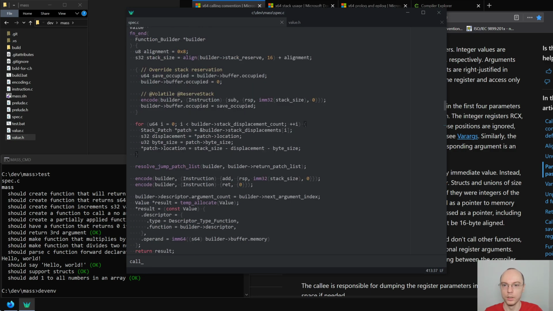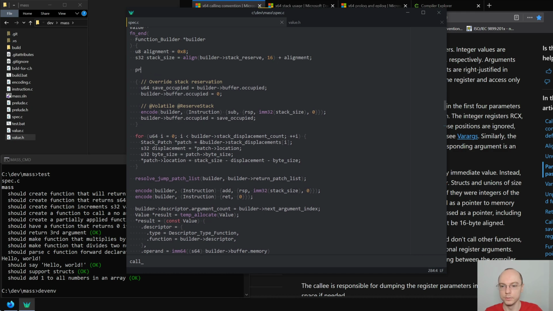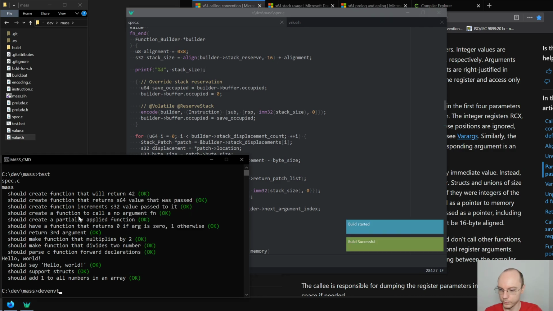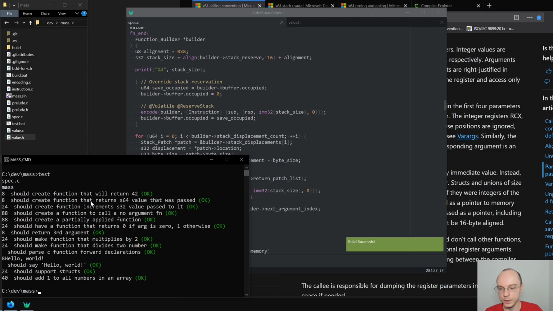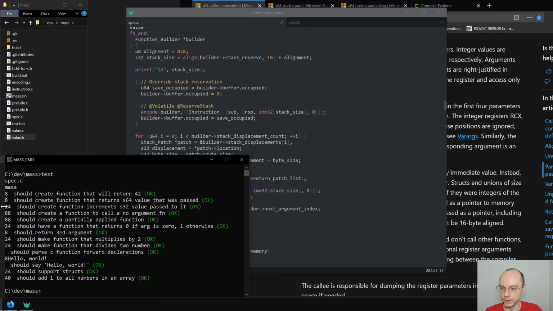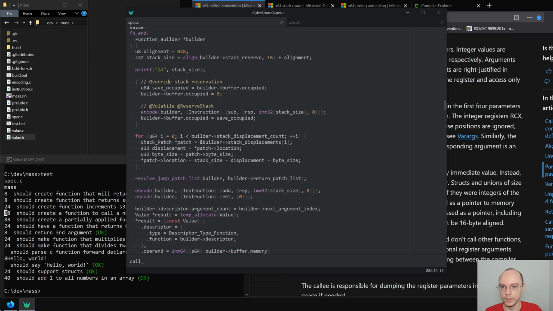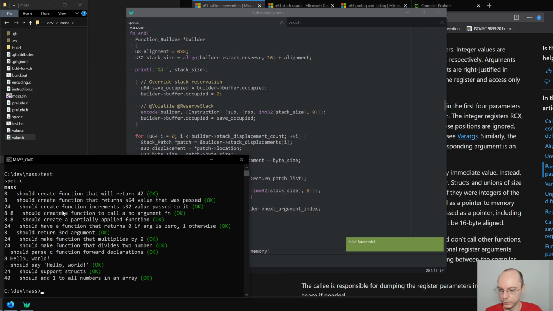In here, we have this stack size, right? And we can print it. So let's do printf %d and say that this is our stack size. We run tests and we will see basically the stack sizes for each test. This is actually not 88, let me do a space here so it's visible. Yeah, so these are the stack sizes,